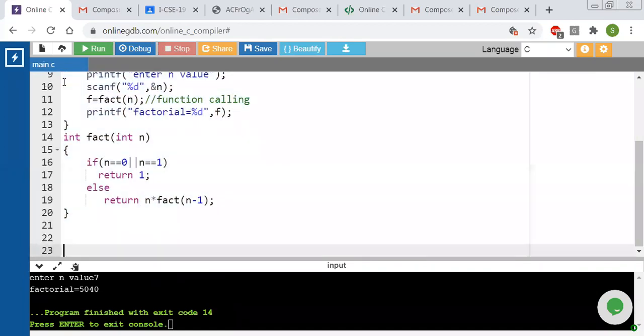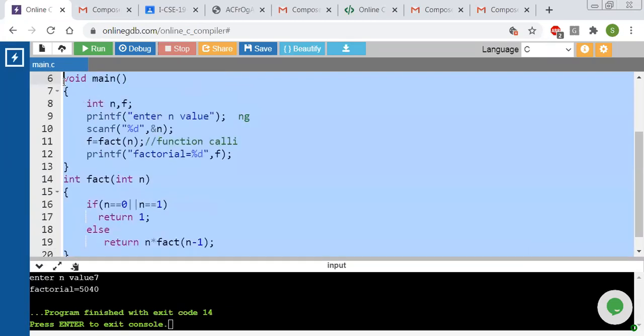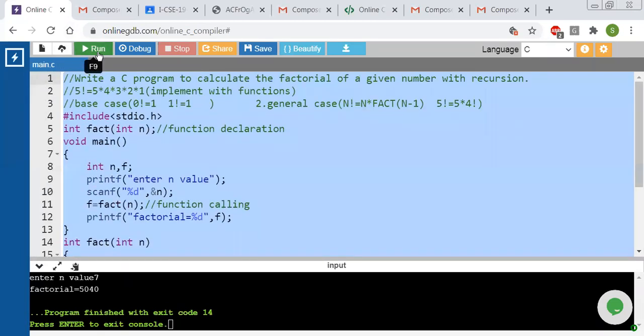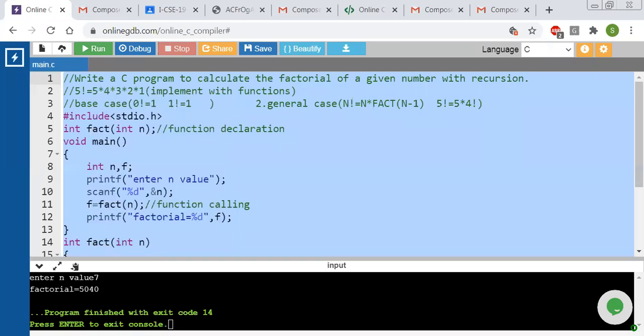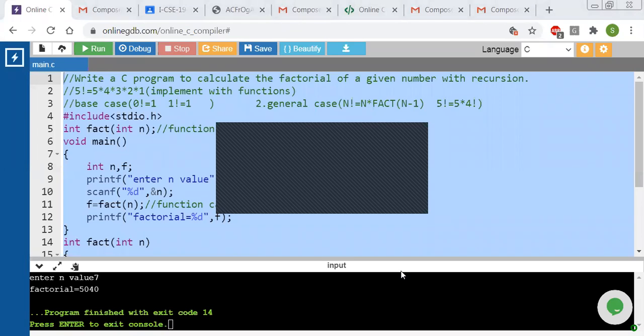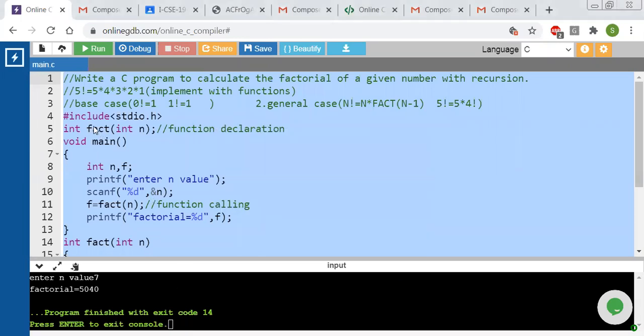So we'll copy this one entire thing. I will place it into your manual. I will share it later.